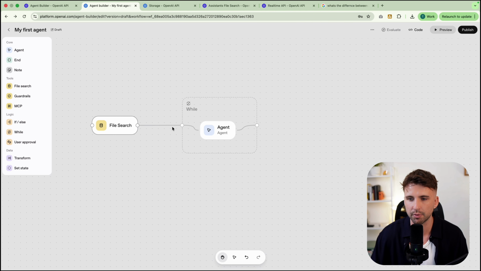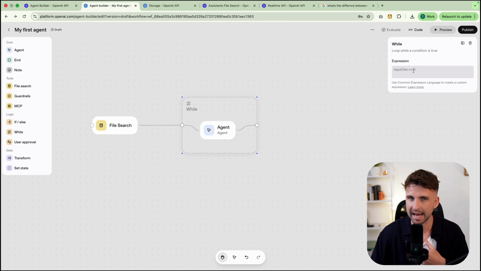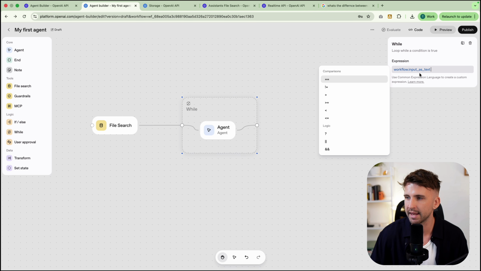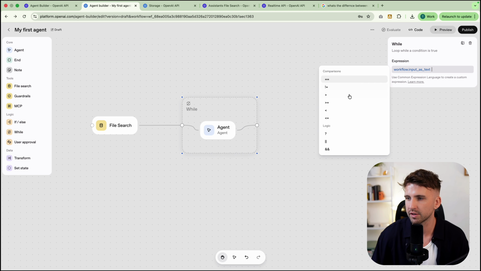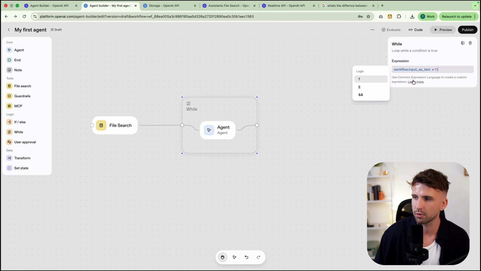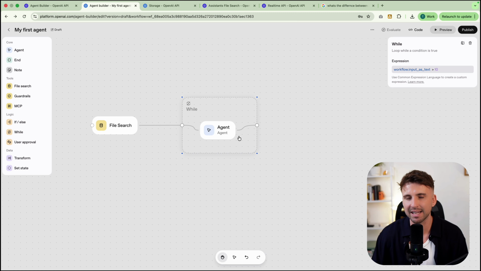So let's say you put that in here. Now this is going to loop over this until the statement is actually true, right? So if you just put in the input again, let's just say whatever that text is was not greater than 10, for example, then whatever's inside of this while is going to loop, and you can actually add multiple nodes